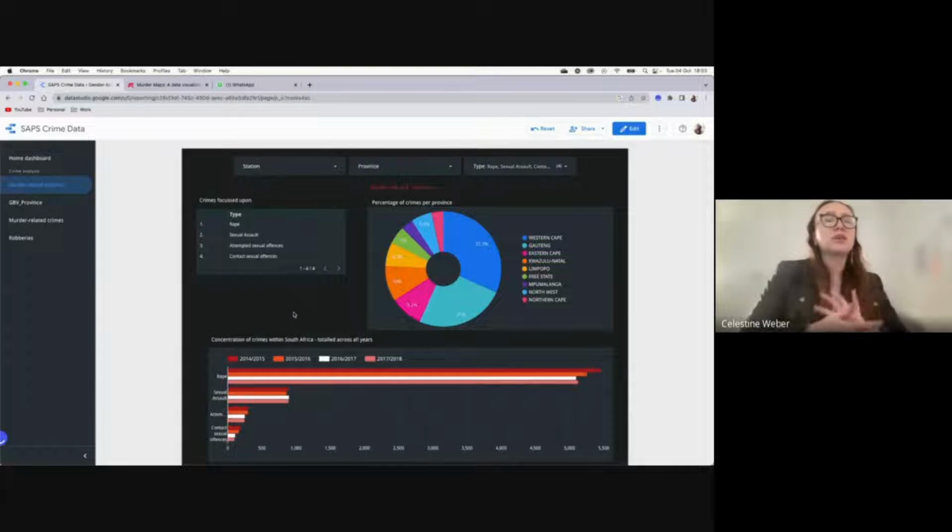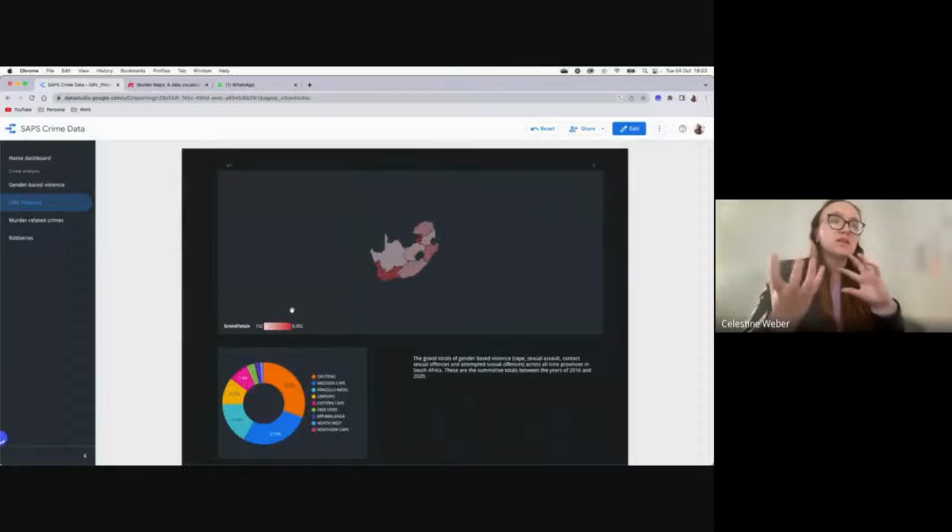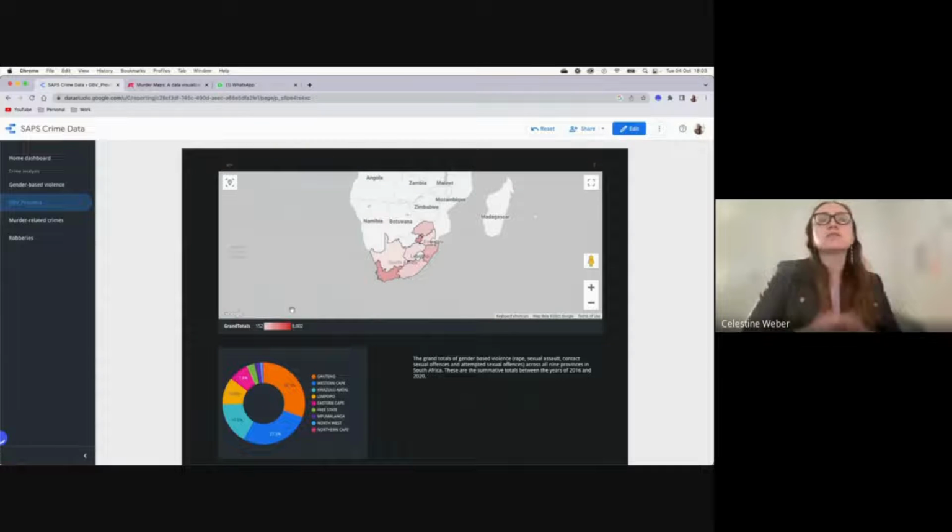But obviously, while I was doing this, I was realizing that the main reason that they tend to be clustered within the Western Cape, Gauteng, and Eastern Cape is mainly because the populations there are higher. That was also why there's so much of a greater occurrence. It's not necessarily that there is a specific